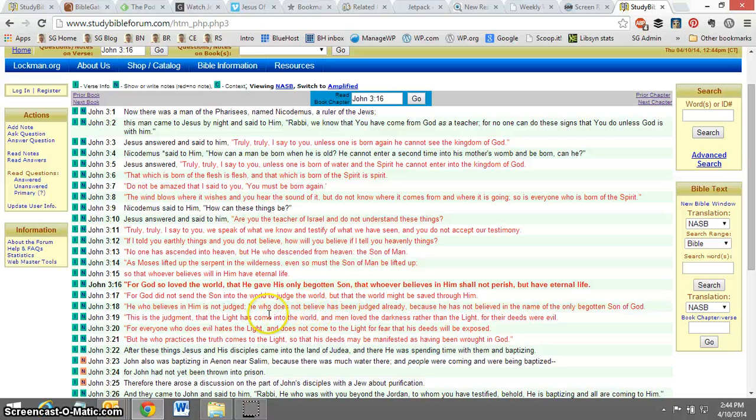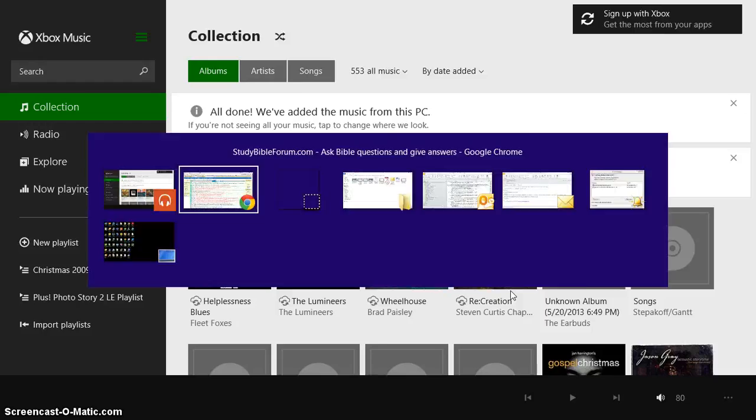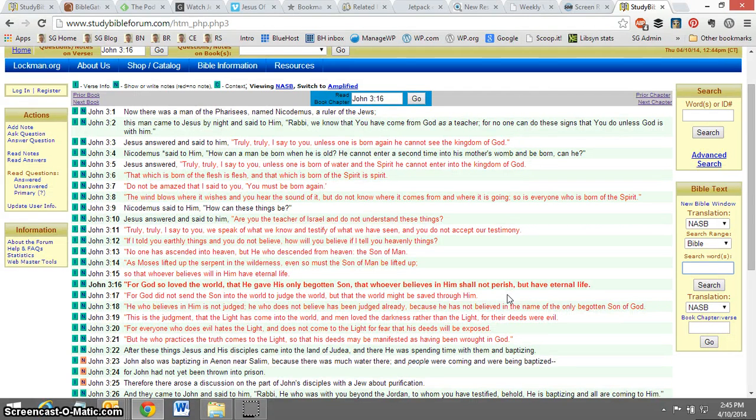Now, in this clip, I just want to show you some of the limitations of the search, because there are things that it won't do here. And one of them is searches in quote marks. For example, for God so loved. So let's say we wanted to ask ourselves, are there other verses in the Bible where it says God so loved? So if you were working on a normal search engine,